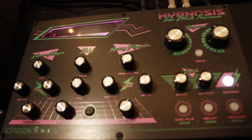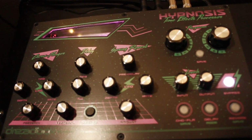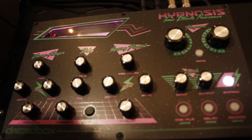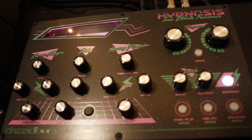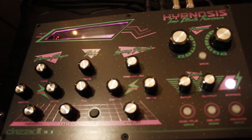Okay, so now I have the Hypnosis all hooked up. What I did now was draw up a MIDI sequence in Ableton, and I'm feeding that through the Juno. The Juno is being fed to the input here on the Hypnosis, and then the output is going to the mixer. And so I'm going to play the MIDI sequence, and then